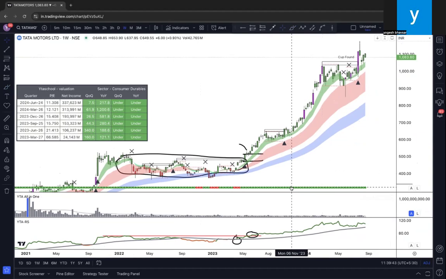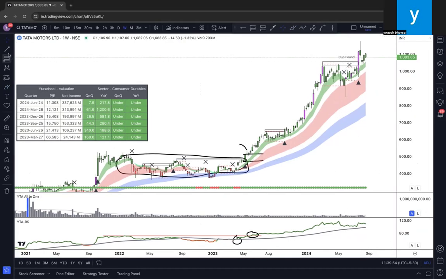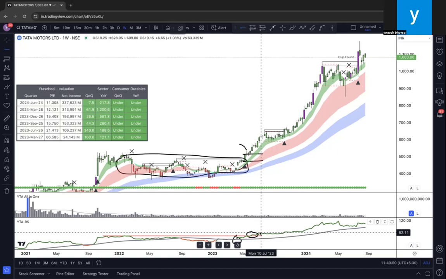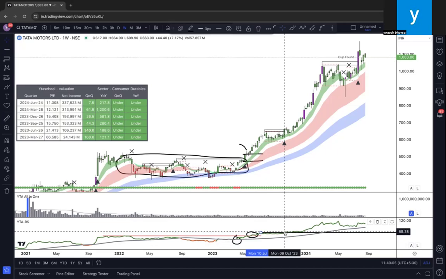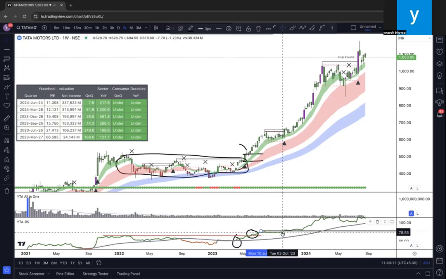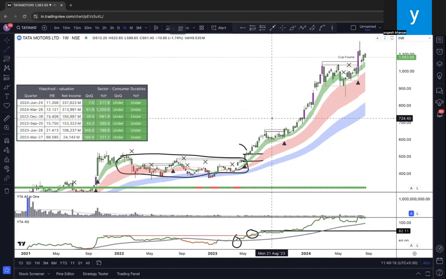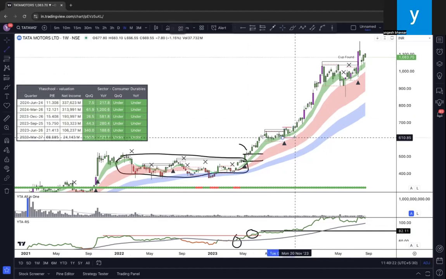My trend is also showing me it is green. The trend is above, the bars are green. It's above the green. Green is above red. Red is above blue. So I cannot wait to add more. But how? So what will I do? I will again take this horizontal line. I will identify the previous highs of this trend. And I will wait for the entire week to show me a good closing above this trend. Now see, it gave a nice small closing above it. What will I do? I will again take a buy above here, put a stop loss below this candle and let it run.